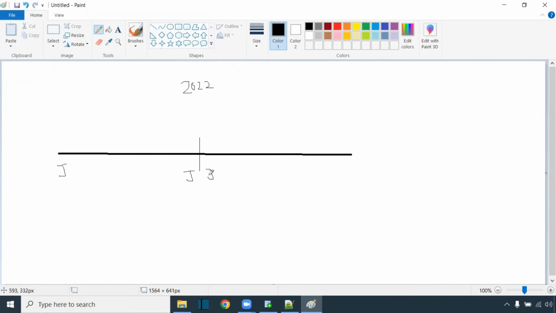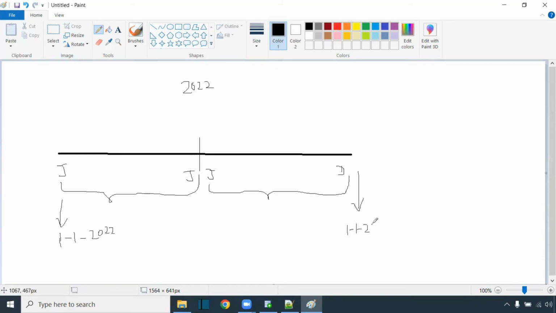July to December, it will be second half, right? First half, second half. For the round off function, I'm splitting. If a given date falls on the first half, the first 6 months of the year, it will return this date. That means 1st January 2022, it will return. If any date falls on the second half, that means July 1st to December 31st, it will return the first day of next year,